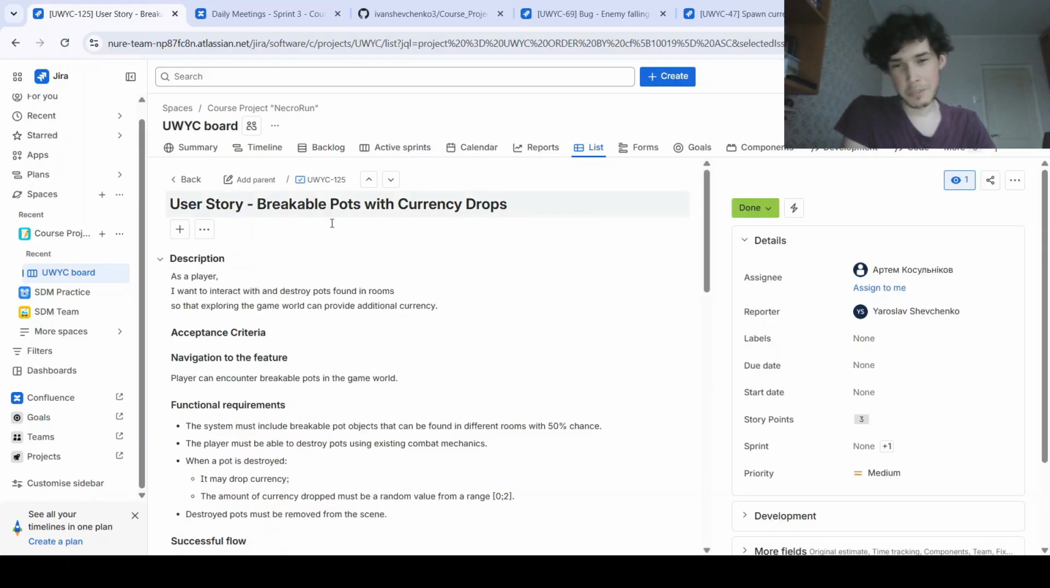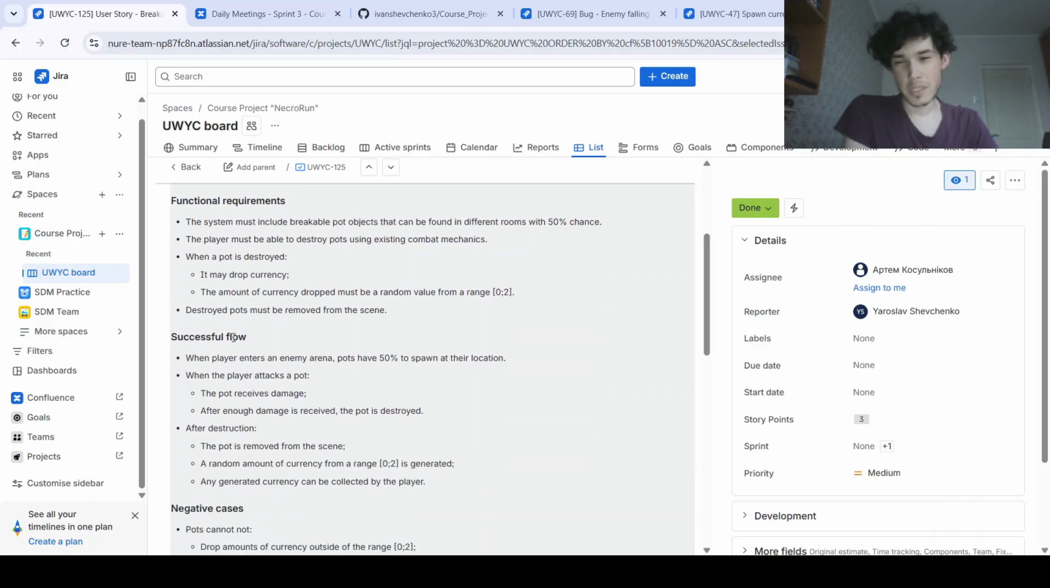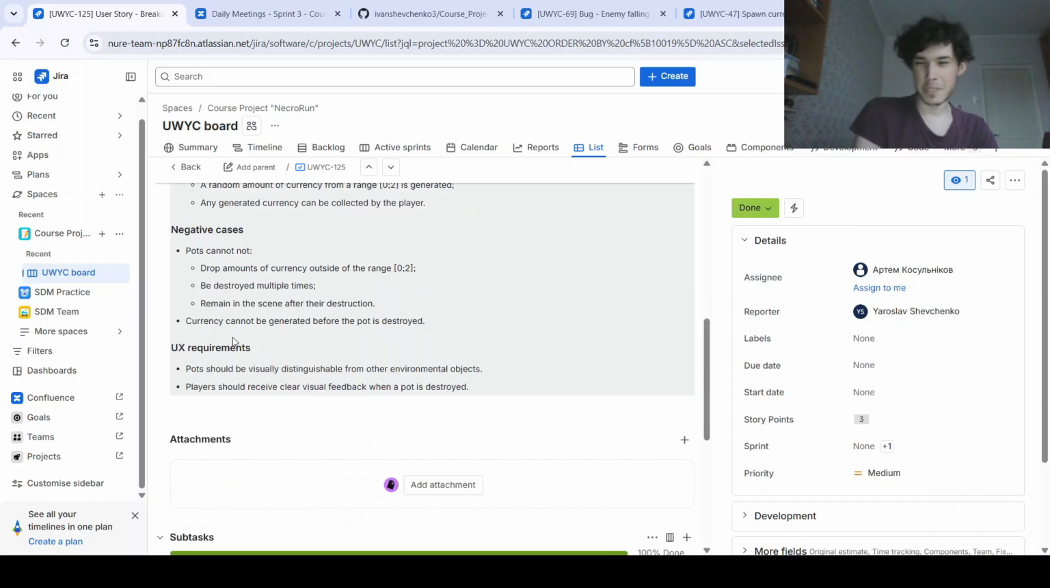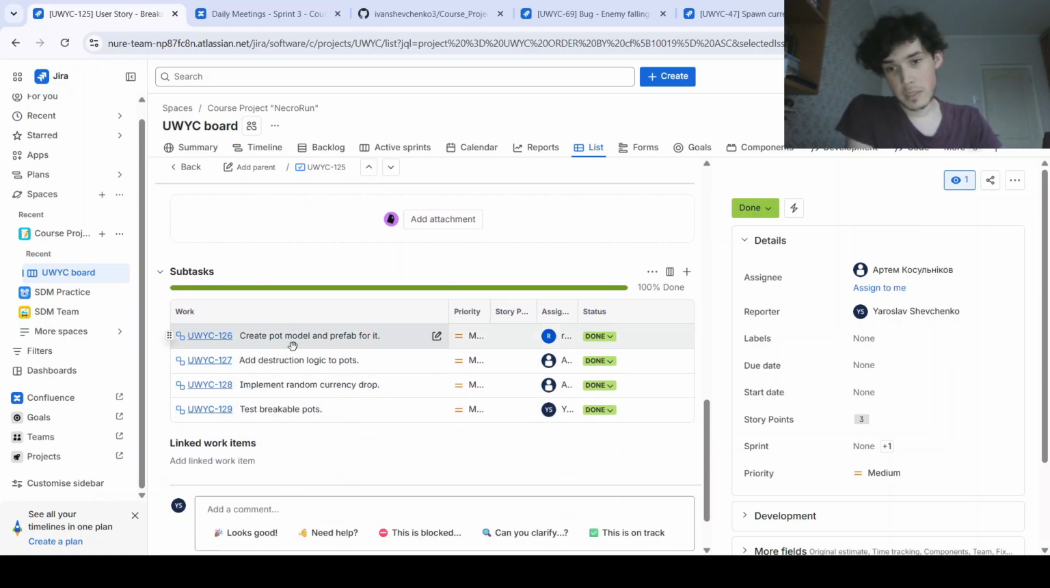As for the structure, each of them starts with the user card, followed by the acceptance criteria, which has navigation to the feature, functional requirements, successful flow scenario, negative cases, and user experience requirements. Also, some user stories have images attached to them so that the developers could better understand the idea, and subtasks